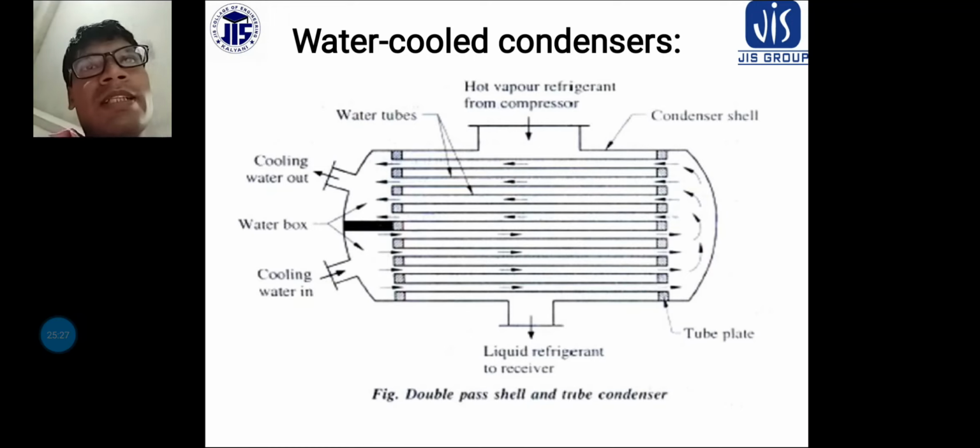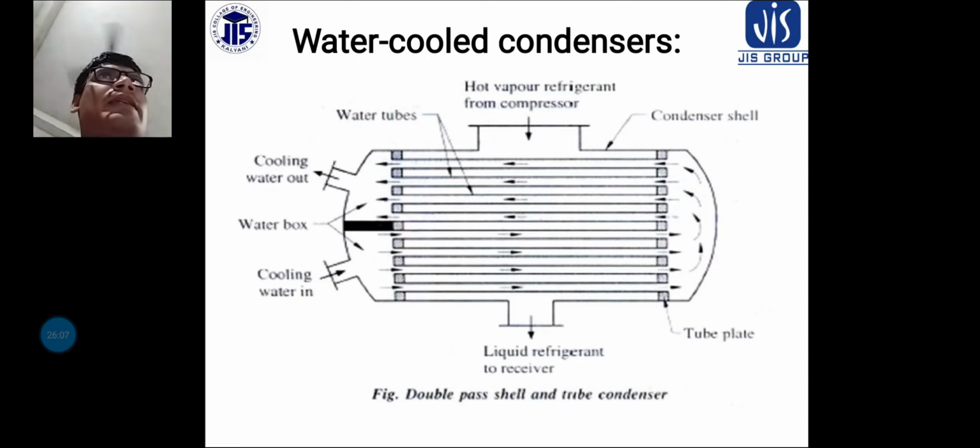Now the disposal of the used water. There is no problem of disposal of used water unless a recirculation system is provided, but in case of an air cooled condenser, there is no problem in disposing of air. And corrosion: the corrosion occurs in case of a water cooled condenser, because the portion is always wet, so that is why the corrosion problem is there. But corrosion does not occur in an air cooled condenser.